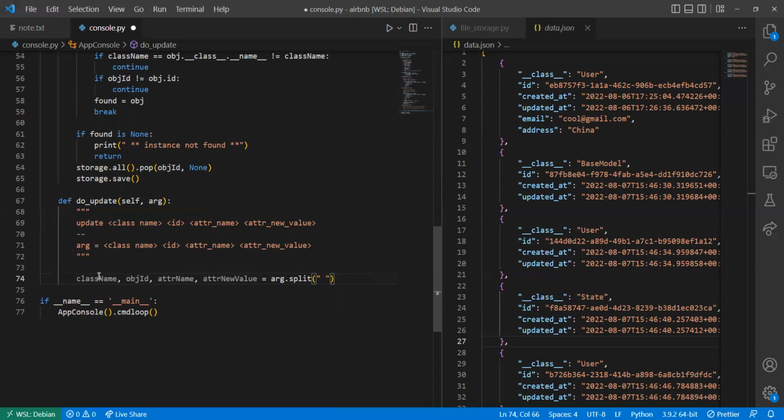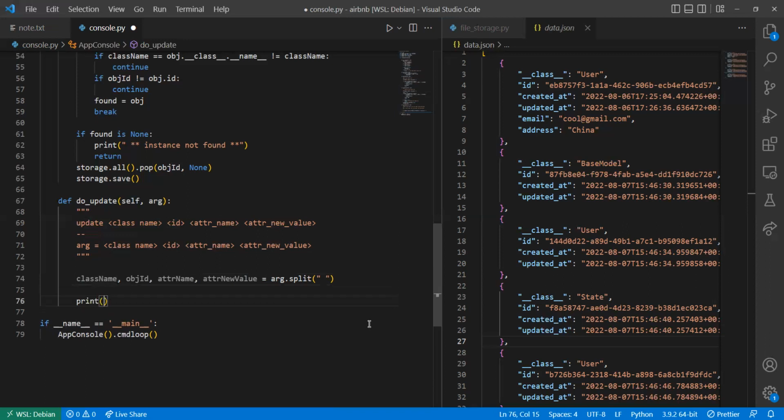That way we have the class name, the object ID, the attribute name, the attribute new value stored in those variables. So before we continue, what I want to show is